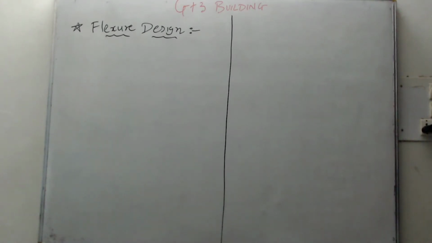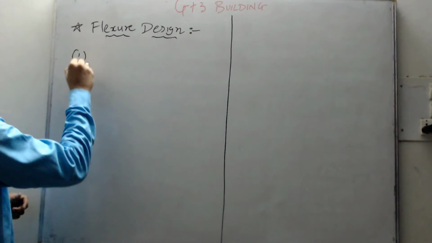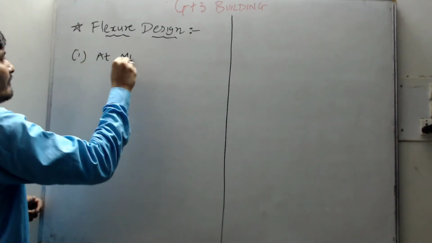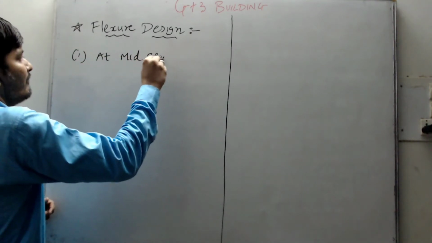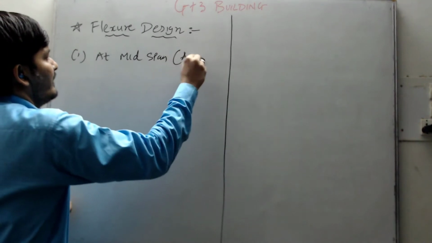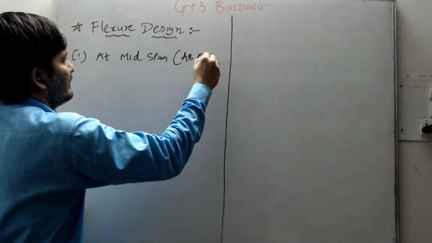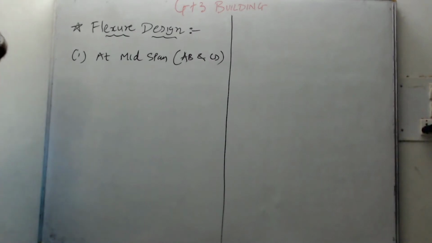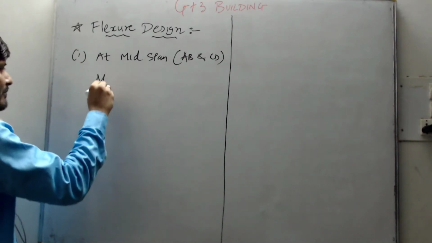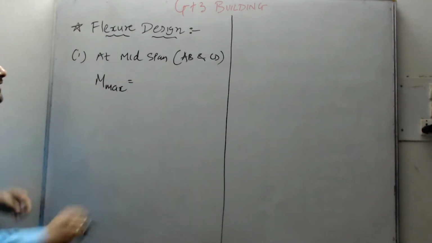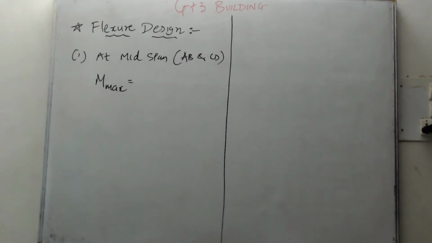First, we're going to design a rectangular beam section for span AB and CD. First we're going to do it at the mid span, for AB and CD, because these both are similar. At mid span, we have calculated the maximum bending moment, M max, in the last session, which we get as